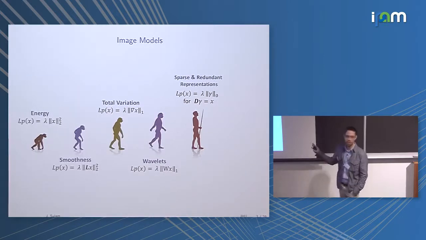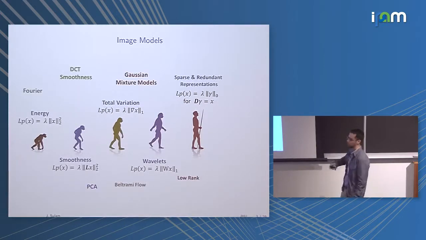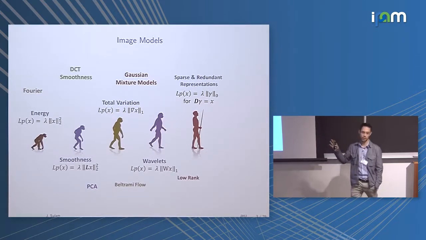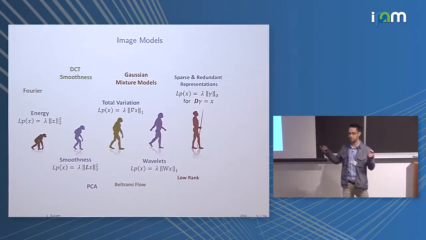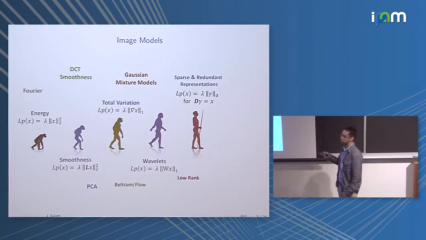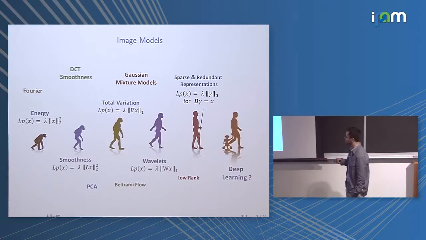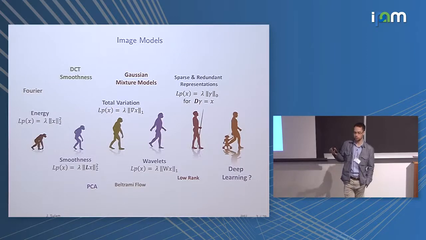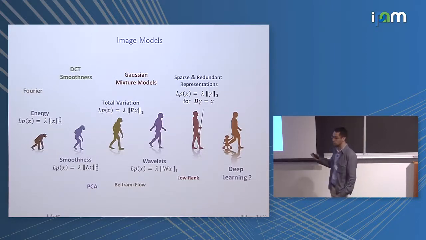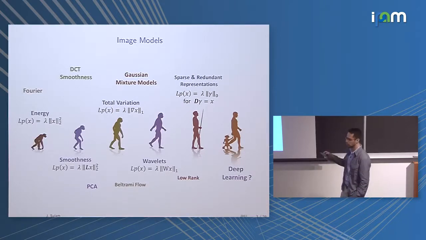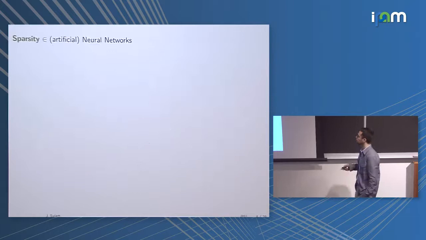And of course, by no means is this an exhaustive list of image models. There is a plethora of them. No model is better than the others. It's like siblings, right? Everybody's really good at doing one thing. And then what I would like to bring to your attention, or rather to question, is whether the fact that most of the state-of-the-art algorithms for image processing are implemented in terms of deep learning models means that deep learning constitutes such a new version of image models. And perhaps we can revisit this question at the end.